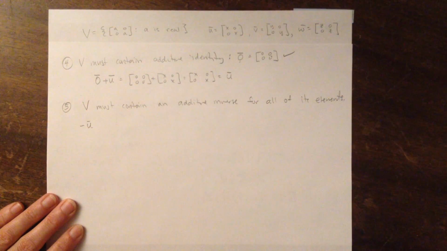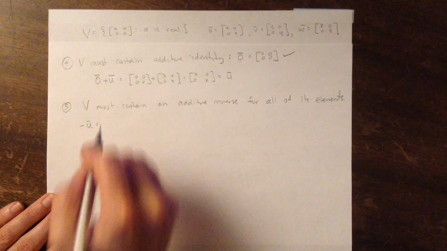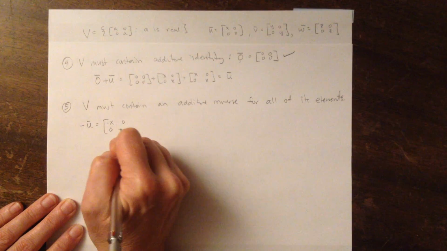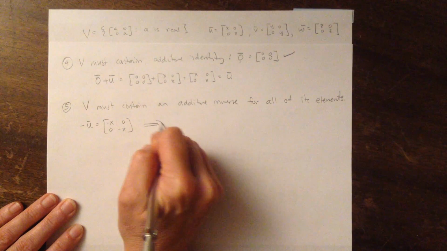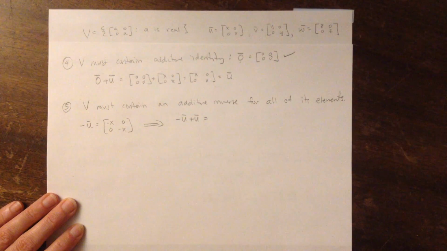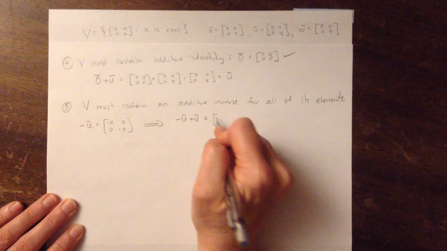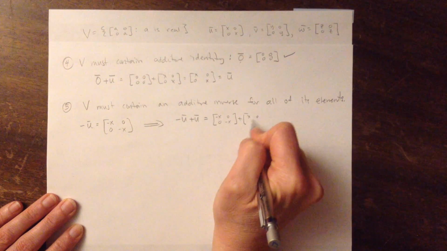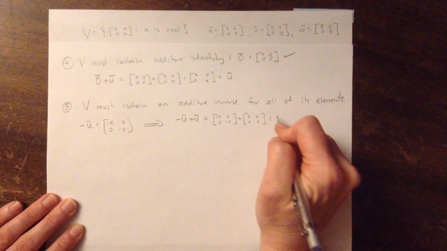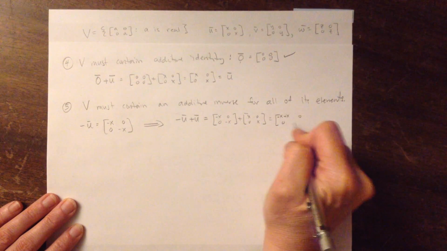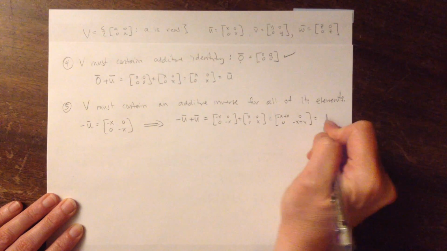So negative u, which would be the additive inverse of u, is going to be just what you'd expect it to be. Negative x, 0, 0, negative x. Because if you take negative u plus u, you'll get the zero vector, and we can verify that. The negative u is negative x, 0, 0, negative x, plus u is x, 0, 0, x. So when you add those two together, you get negative x plus x, 0, 0, negative x plus x,